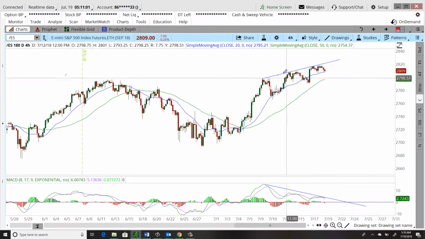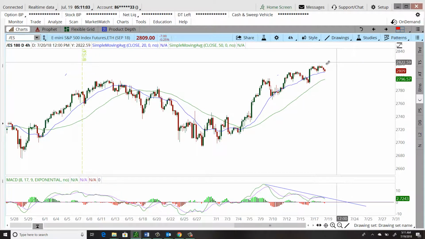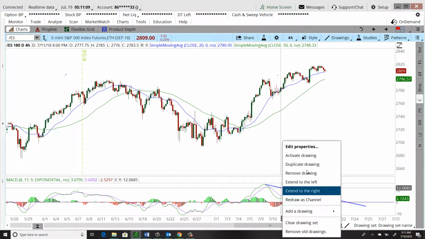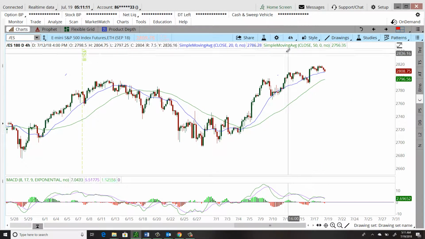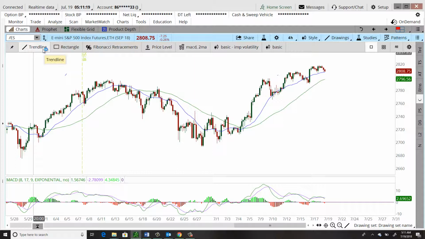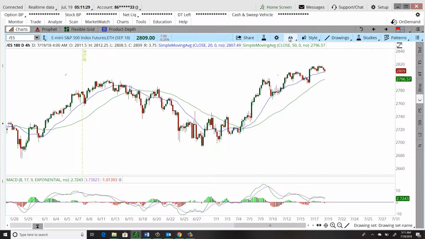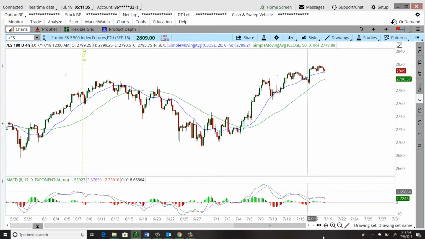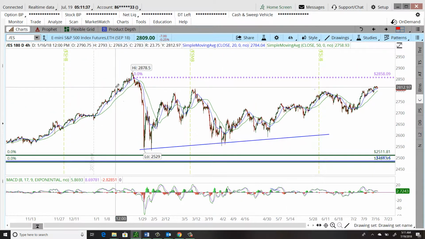Now, it doesn't necessarily mean that I think that the markets are going to come falling apart, but I think that we do have a little bit of a pullback in us when I see this occurring. So just keep that in mind as we're looking at positions. I'm going to be highly, I guess the word would be unlikely to take a small time frame long in this scenario, since the bigger picture time frame is telling me that I've got slightly weakening momentum. I have room to roam. I have room for price to keep going higher, no doubt about that. But just because I have room for price to keep going higher doesn't mean that I'm going to